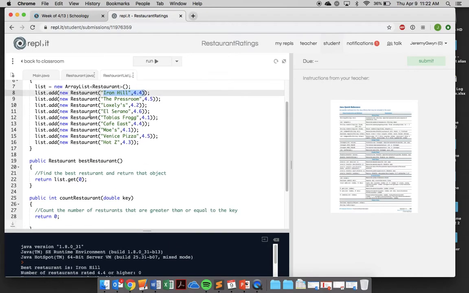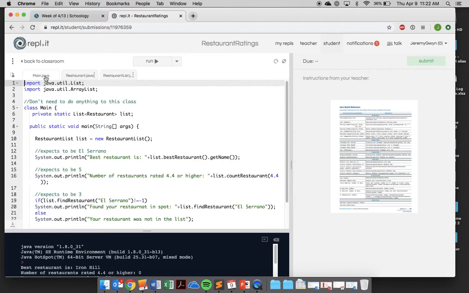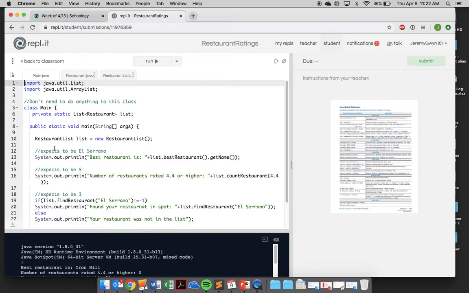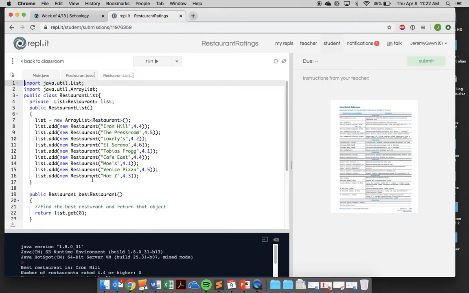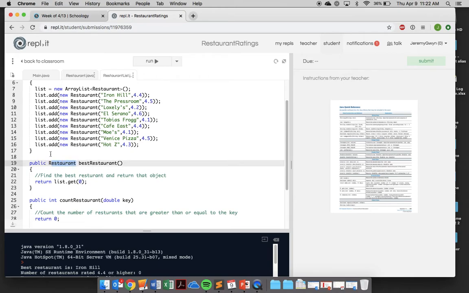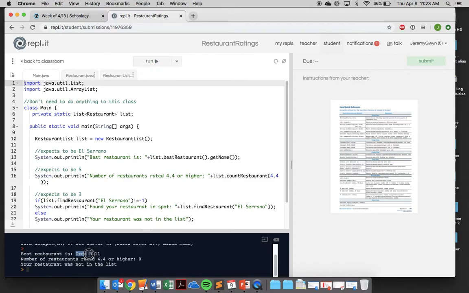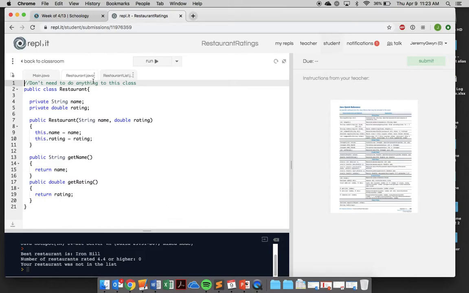Okay, so let's jump back to main and see why that happens there. In main, I create a new restaurant list, which calls the constructor and fills the list up. That's all it does. Then I print out the best restaurant is, and I run list.bestRestaurant, which returns a restaurant to you, and I print out the name of that restaurant. And when you run it, that is why you are getting Iron Hill right here, because you are printing out